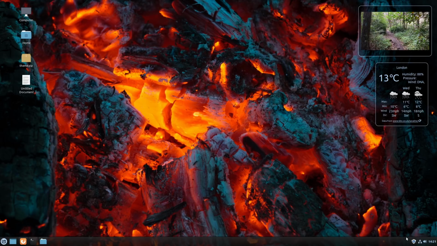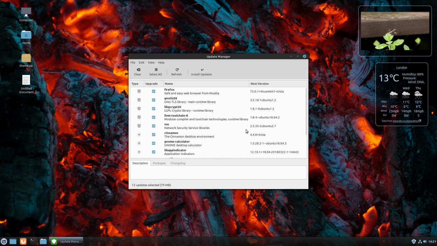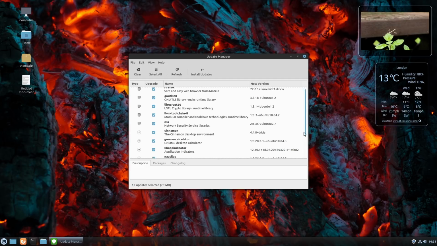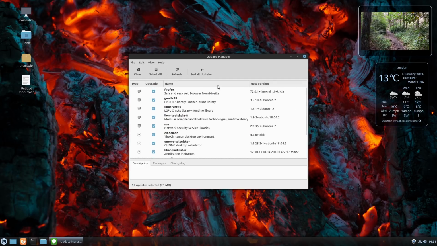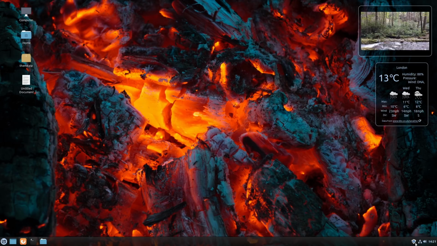Now, Linux Mint has a nice updater. You can see this little shield down here with a little blue icon. This is just telling me there are some updates available. It's not going to sit there and force you to download them, but it does indicate that yes, there is an update to be had. You can click install updates when you're ready. You don't have to do them. There's also, though it's not showing up here, a little exclamation point if there's something critical. We don't have anything critical right now, so that's not really a big deal.